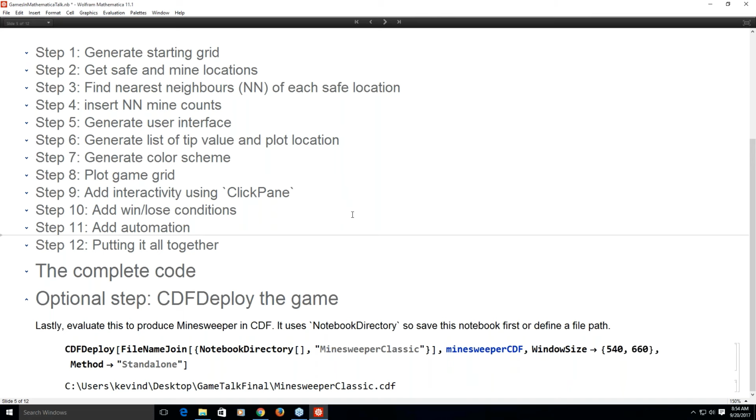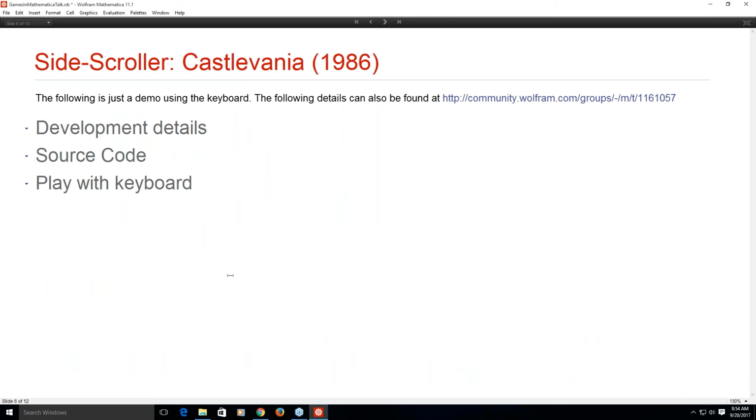So no more boring code. Let's get back to some games. So another thing that we can do is actually create a side scroller within the Wolfram language. So I hope if you're not impressed yet about all the different interfaces you can make in the Wolfram language,